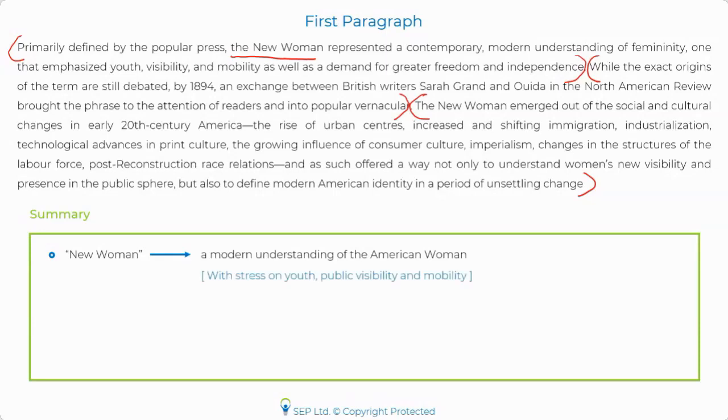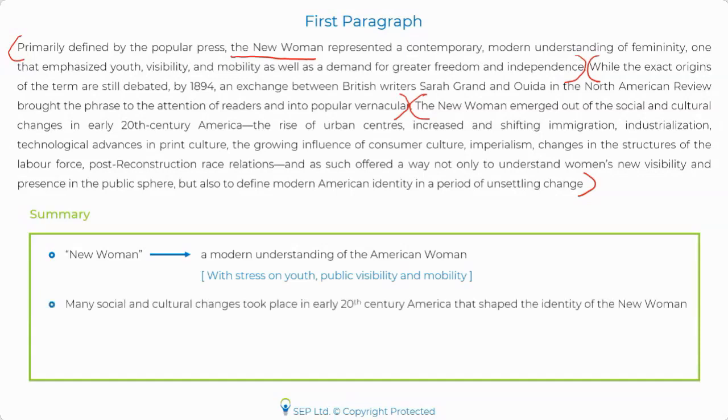While the exact origins of the term, so this line, if you read in detail, tells you there isn't much clarity about how this term came to be. The origins are debated, all right, but the first mention which brought the phrase to the reader's attention was this mention of the new woman between 2 writers. This is what the sentence says, and I have not put it down in my summary because it wasn't really a very important detail for me. It's not to say that you don't read this sentence. Please do. You never know what questions you will be asked on. So this